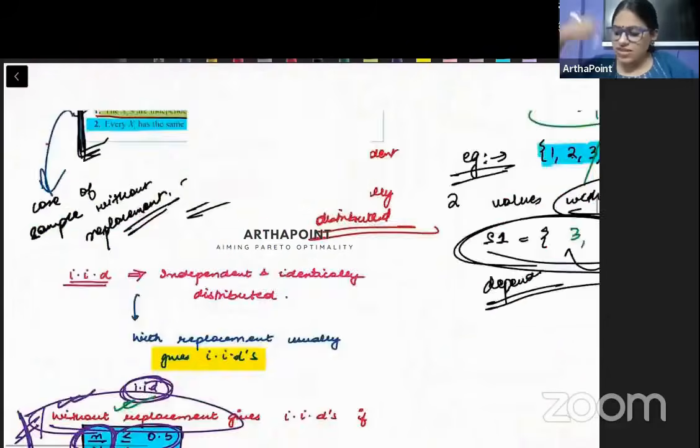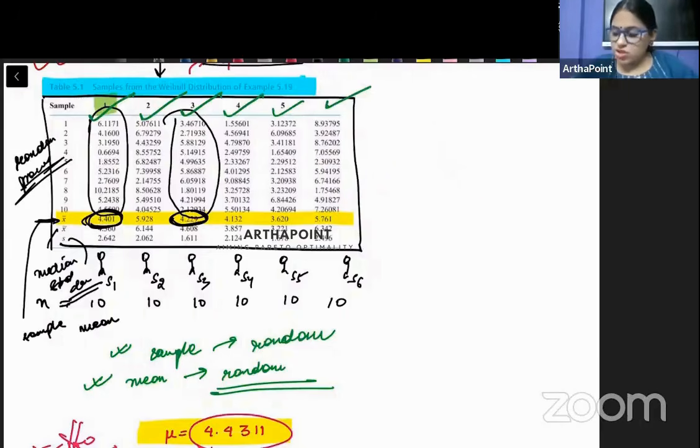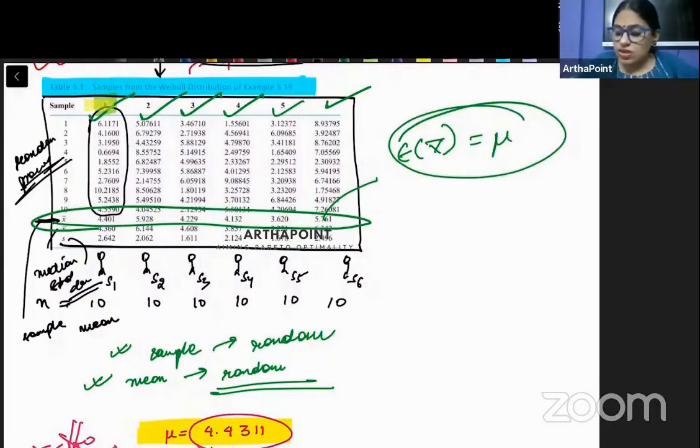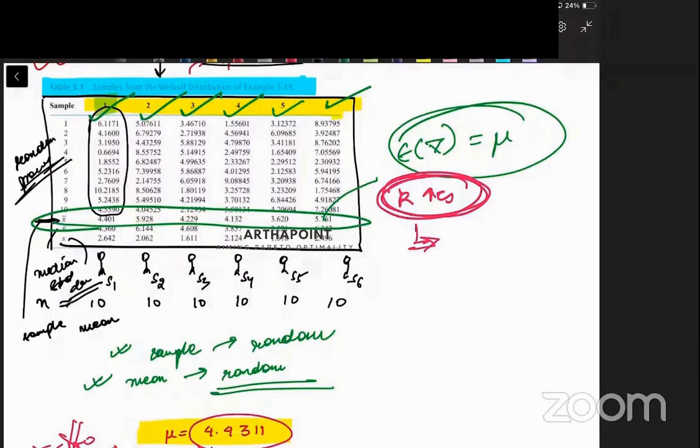I am just going to go to the example from yesterday. How many samples did we take here, children? We had taken 6 samples. So our expectation is that when we take the mean of these 6 samples, the mean of the means, the expected value of the mean, will be close to the population mean. But the claim is that as you increase the number of samples you draw from the population, it becomes a better estimate of the population. Am I clear with that part?